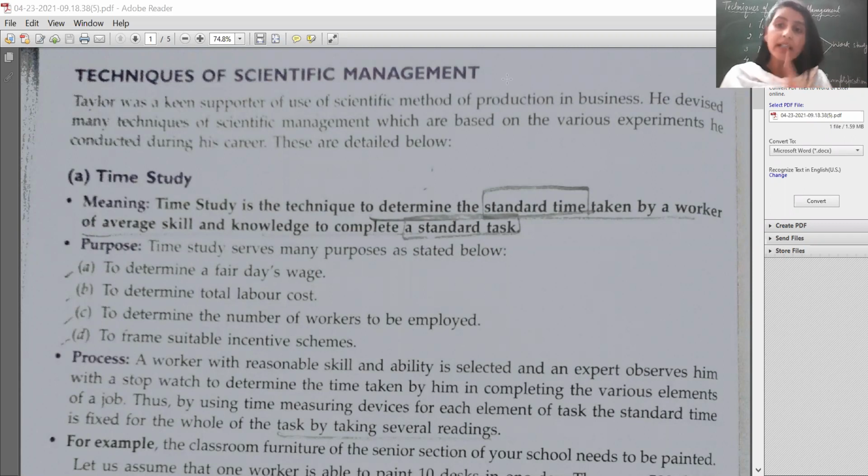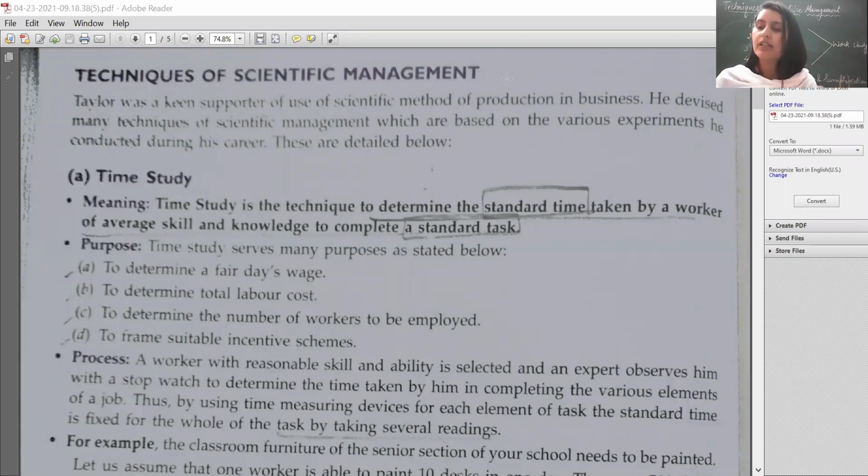So what is the objective? This question comes in the paper. This question used to come in the form of a case study. In the case study, some story will be given to you, and then you are supposed to identify which technique is there. Now, I want you to note it down. I am telling you some keywords, those keywords which will help you identify that time study is being talked about. Note it down, and later when we study case studies, I will ask you to tell me the keywords. Please write. I am also writing on the board.